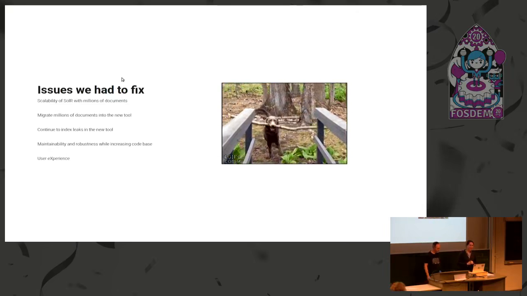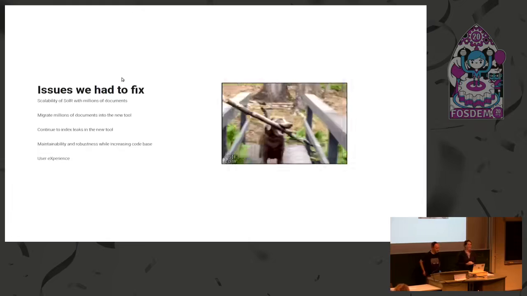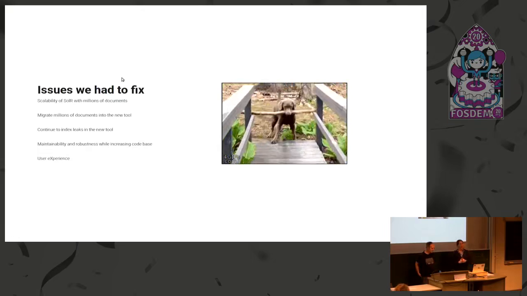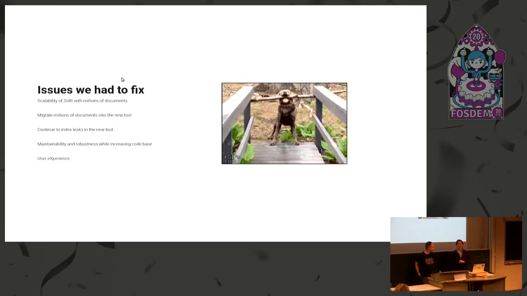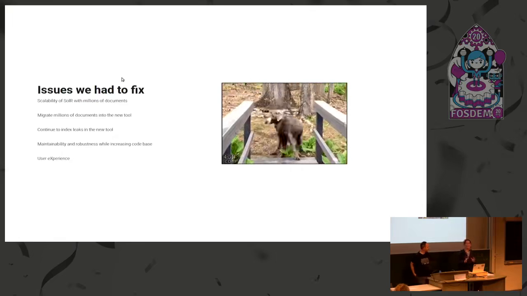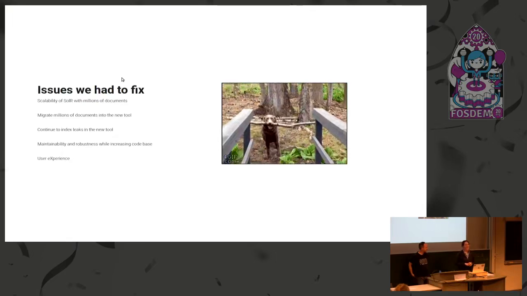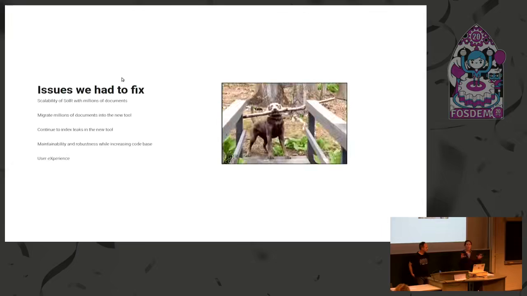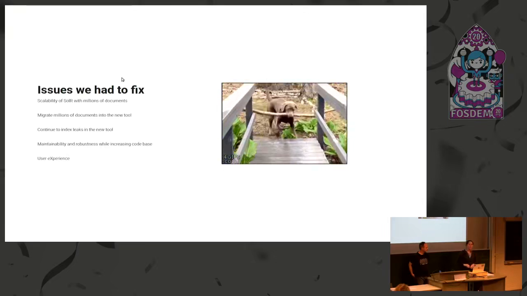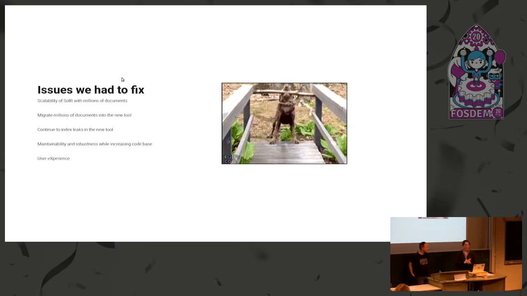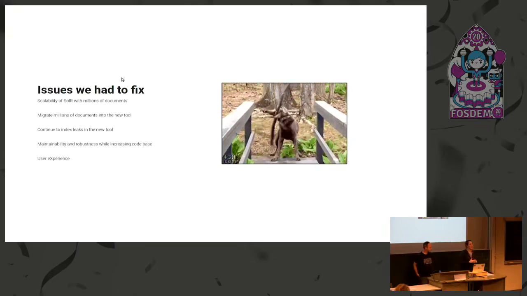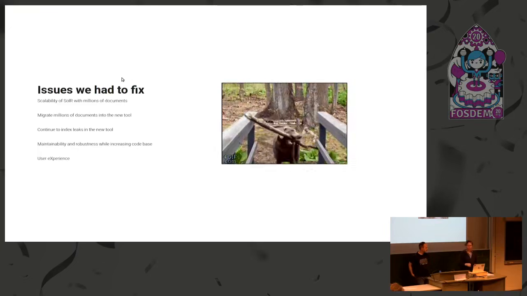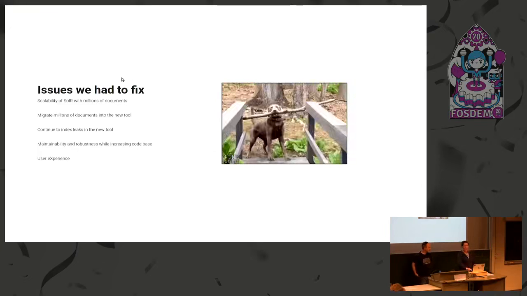Another problem was maintainability, about the bricks that we had, but also about the work that the journalists wanted to do, because they already have a tool in production, the Blacklight one, that was working. So we had to develop a new tool, but without any breaks. They needed the same functionalities without any end of service, and with exactly the same documents. That was part of the issues that we had, and then the challenges.